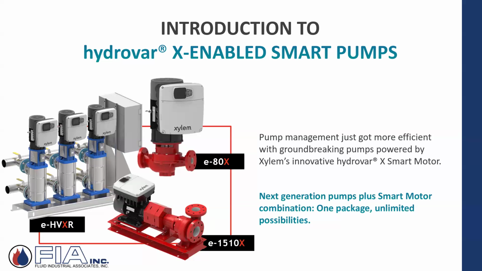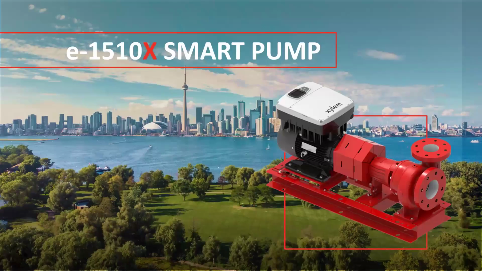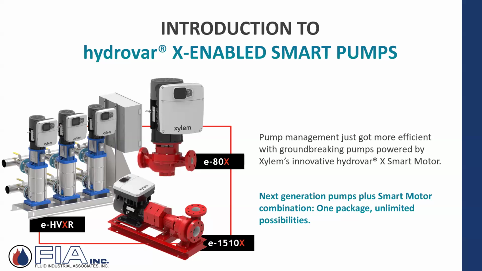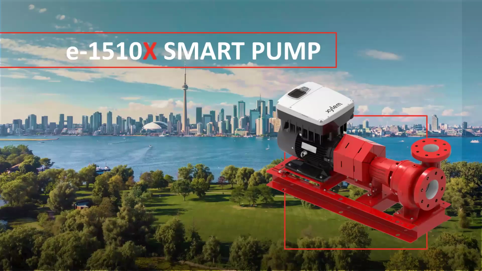So they're showing a couple of quick examples, but a base mount of 1510, and now having this intelligence, this Hydrovar X, they call it, or the Series 80, E80 with the Hydrovar X. So again, it's having that microprocessing capability with all kinds of, right, right, as far as,